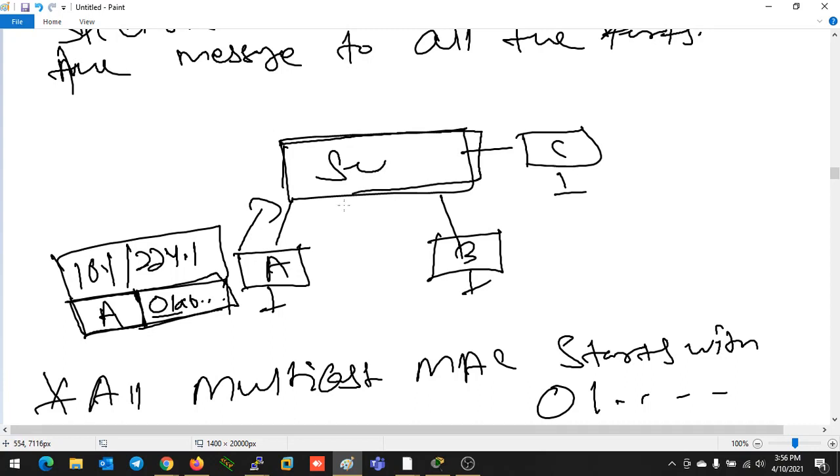So that's a part of multicast. Till the time the multicast service is not enabled on the switch, it will also do the same thing. It will just replicate or flood the same message to all other ports. Only in one case, if it's a unicast message and the switch has information about the destination MAC address, then it will send the message from that port only. But if it doesn't have an idea, then it will flood to all the ports.